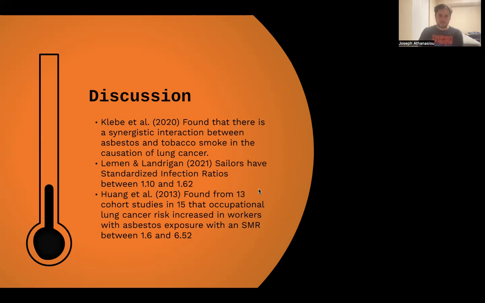But the ranges that we're looking at is 1.1 to 1.62 for the standardized infection ratio of sailors and 1.6 to 6.52 in occupational exposed workers. The disparity can be attributed to a few things. It could just be random. It could be that asbestos exposure involved lung cancer is a more deadly version than other kinds. So more often patients are going to die from that, or it could just be that sailors are not as